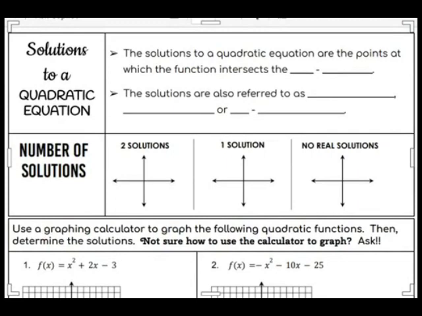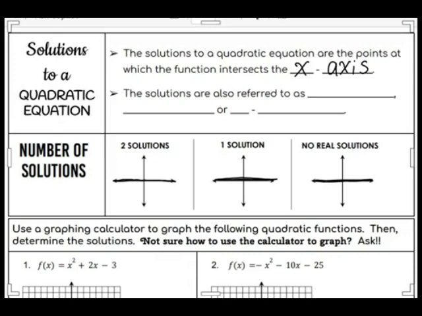Today we're going to take a look at finding solutions to a quadratic equation from graphing. The solutions to a quadratic equation are the points at which the function intersects the x-axis. In other words, remember this is your x-axis. So we're looking to see where the graph crosses that, and where it crosses that, those are your solution